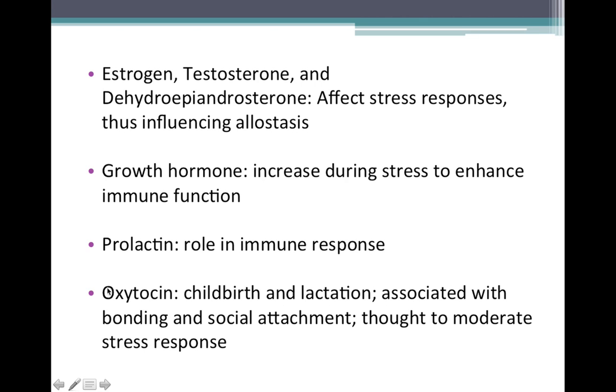So what's interesting is that some of my closest friendships, at least just personally, this is totally anecdotal evidence, is that like there are friends that I took classes with, and we became really close because they were difficult classes, and I imagine we were all releasing a lot of oxytocin, which helped us with our social attachment and pair bonding. We became really close friends. But what's interesting though is that this hormone, oxytocin, is released during the stress response, and you're more likely to form friendships and close relationships during these stressful times. So it's kind of interesting.